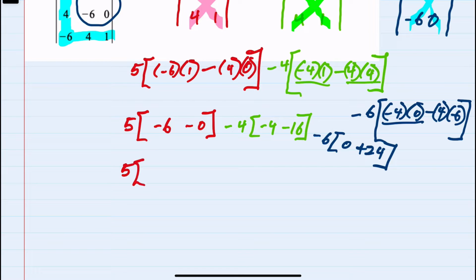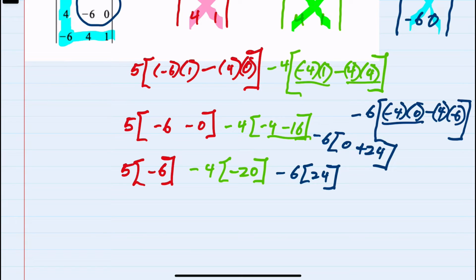For the first one, this is 5 times a -6. For the second, this is -4 times -4 minus 16 is -20. For the last one, -6 on the outside, 0 plus 24 is 24. And now doing the multiplication, 5 times -6 is -30. -4 times a -20 is a +80. And -6 times 24 is